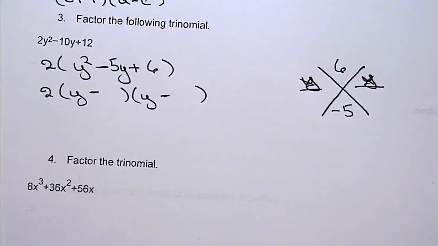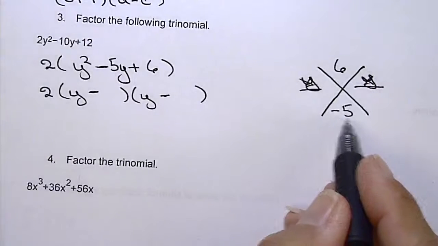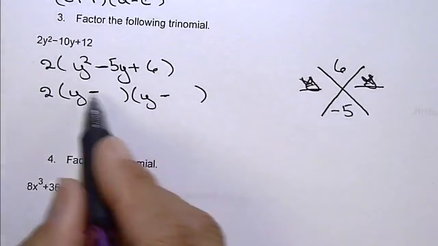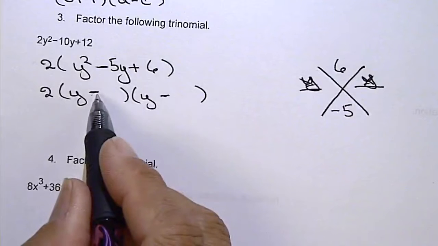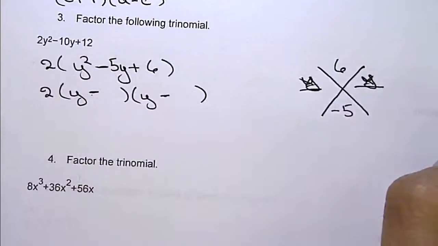Then I want factors of 6 that, when combined, will give me a negative 5. I know that both of them have to be negative. Well, it's going to be 1 and 5. Negative 1 and negative 5 will combine to give me a